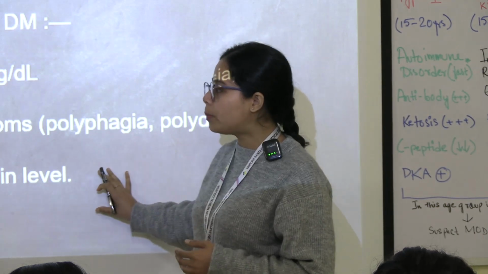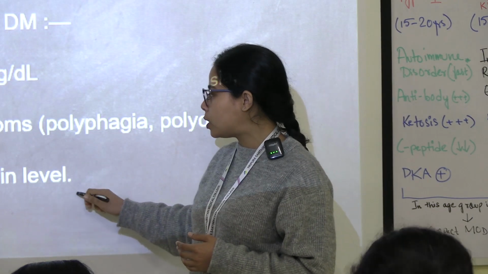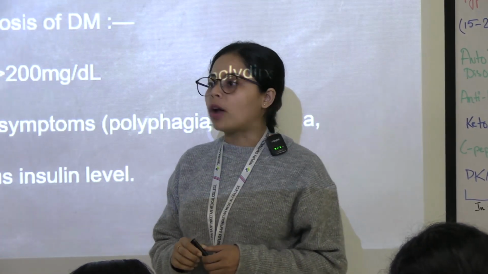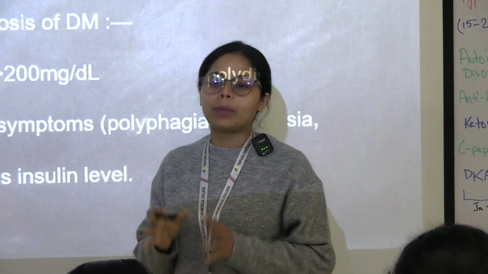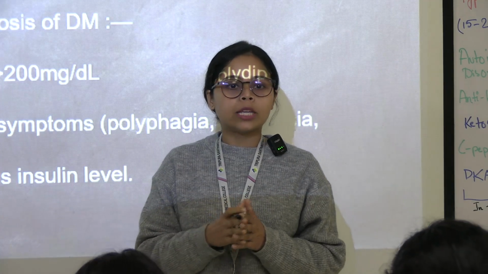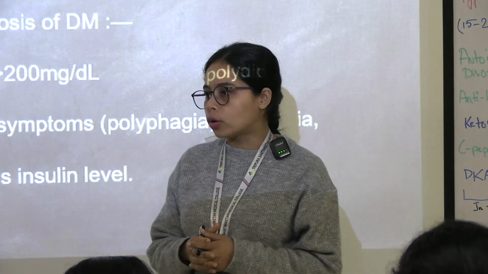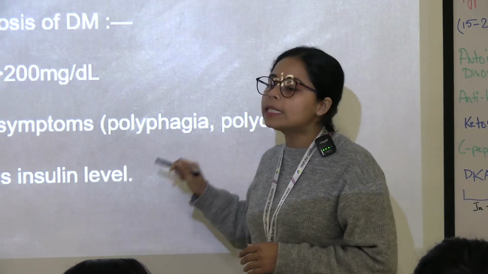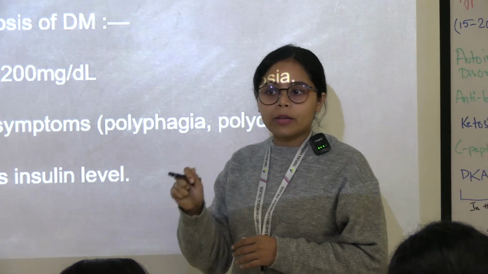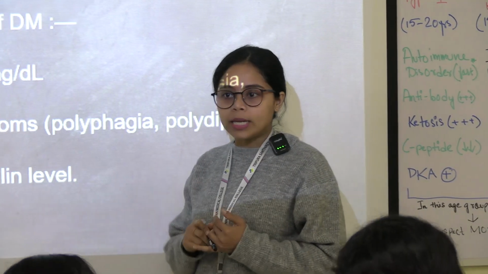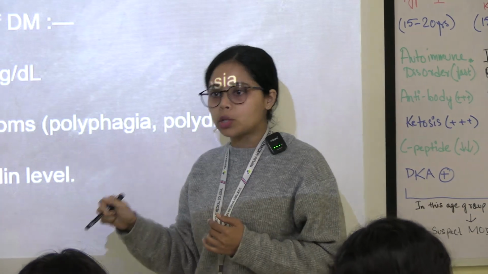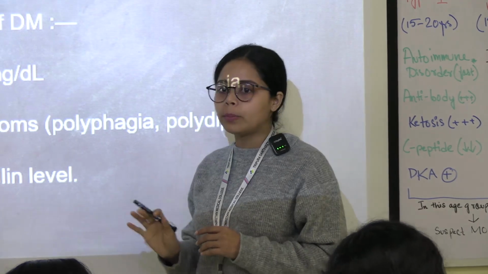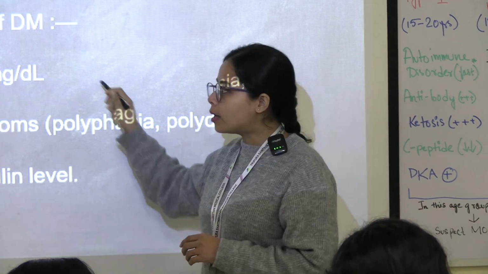Then another is the C-peptide level, which is a measure of endogenous insulin level. You cannot directly check the insulin level or the function of the pancreas to see whether the patient is diabetic or whether the insulin is properly releasing in the body. So for that, to check whether everything is normal or not, we check the C-peptide level. C-peptide is released in the pancreas by the beta cells, which also release insulin. So if the C-peptide level is normal, it means the insulin is also normal in the patient's body. Okay, so these are the criteria.